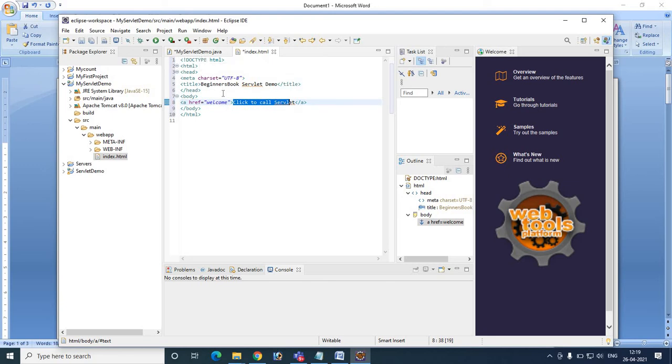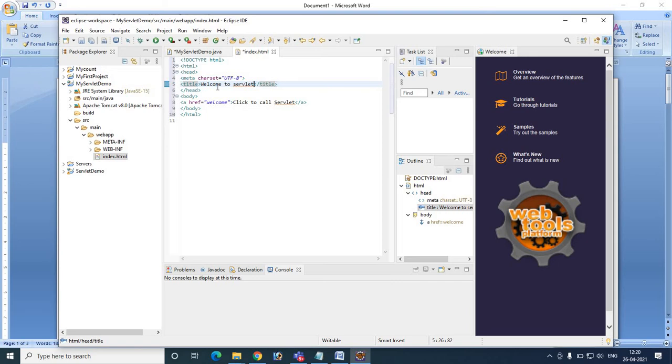In order to perform that mapping, we are in need of XML file. Okay. So let us give the name. Let us change the name. Welcome to servlet.